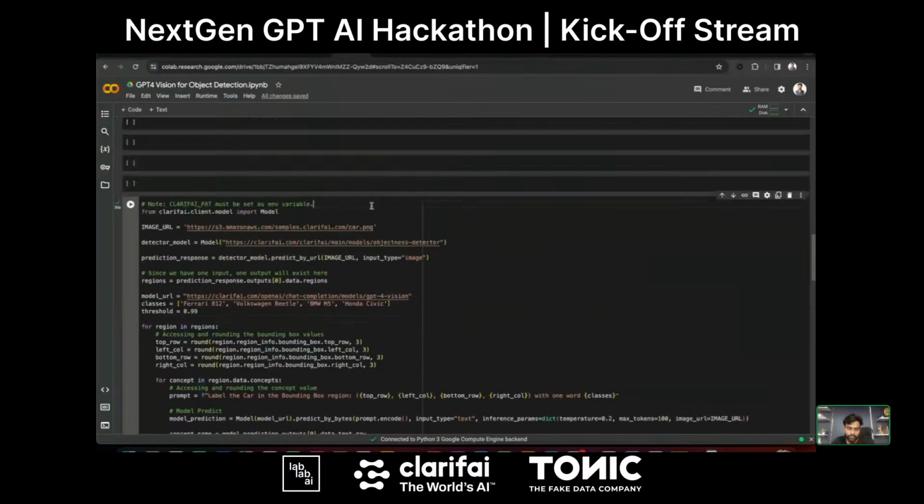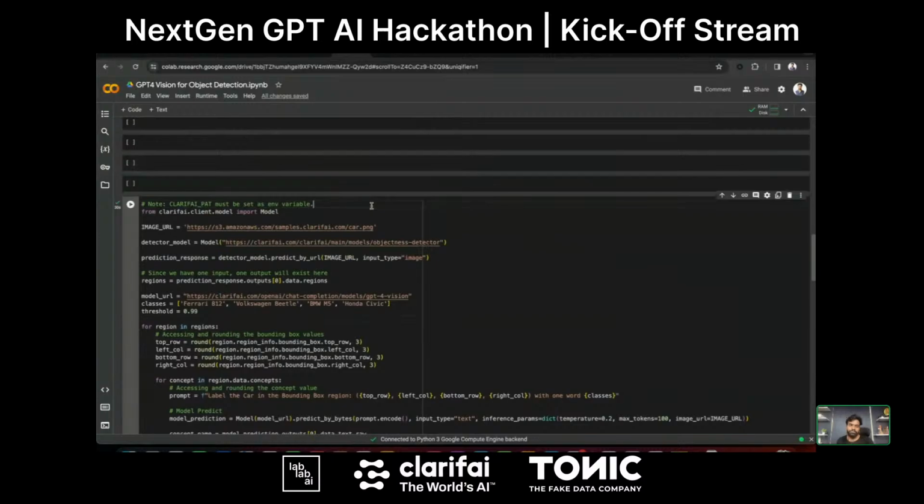The process is the same even if you're using it in your hackathon. Maybe you can come up with different use cases on how you can combine this GPT-4 vision, or maybe the text-to-text models, or the text-to-image models that you have. Maybe you can use the other models which you have in the platform, like the object detection model, or the image recognition model. We have different models, so you can come up with a use case where you can combine these two models, where you can leverage the models from Clarifai and the models from OpenAI, like the GPT-4 models.